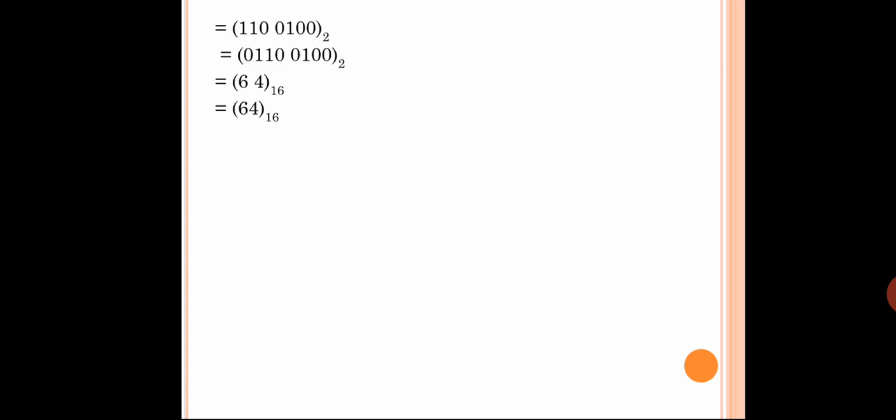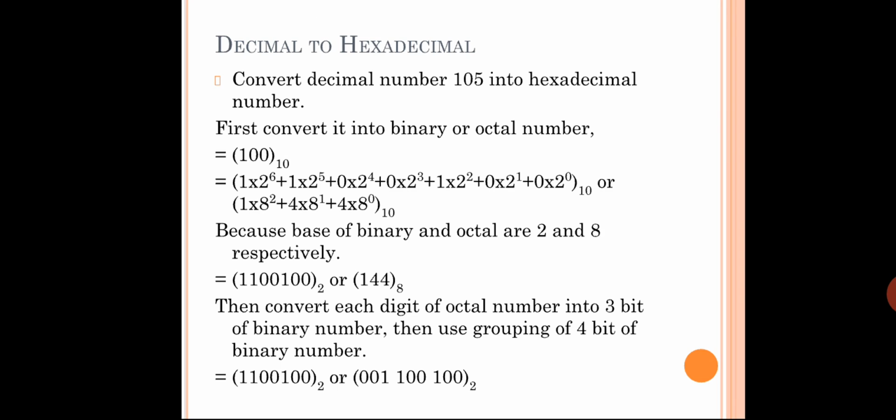Okay, now your work is to convert 105. While taking the example, I missed that actually, so that is the reason why it is 100 over there. So try to convert 105 to hexadecimal. If you get any doubt, wherever you get stuck, take a screenshot or photo and send it to me, and I will solve it and get back to you.